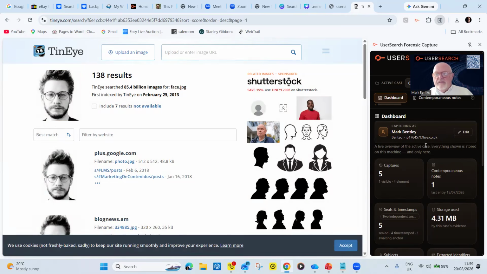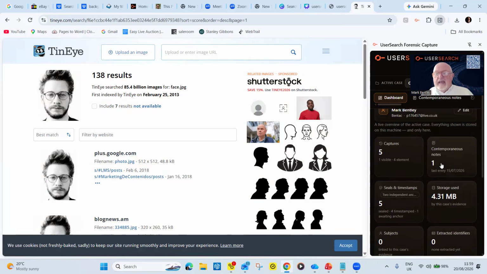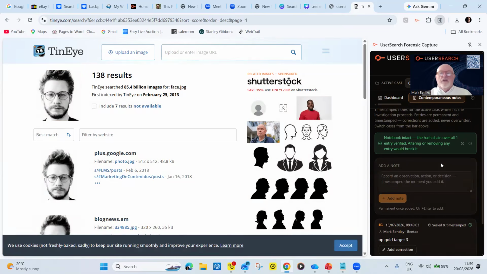And here it is. And I've got, this is just an extra one. I can add contemporaneous notes. So I can put notes in there to say, this is my subject who is of interest relating to phone number, cell number, da, da, da, da, da. And I can put the notes in there, and that stores it with the image. You've got all that information in there. It's completely free. It's local to you guys. So it doesn't go anywhere.